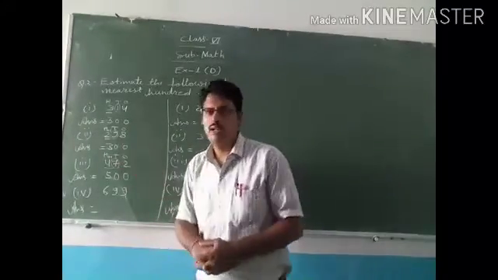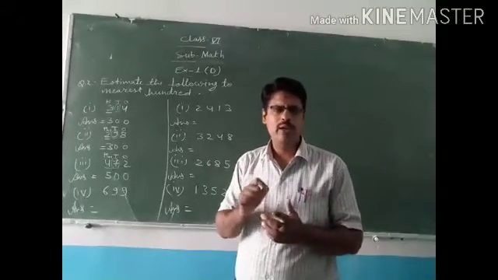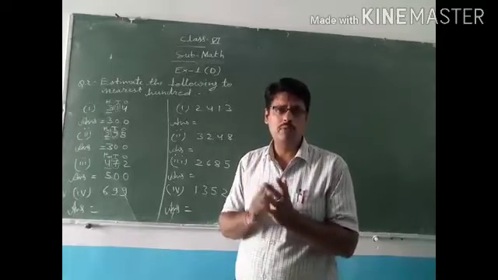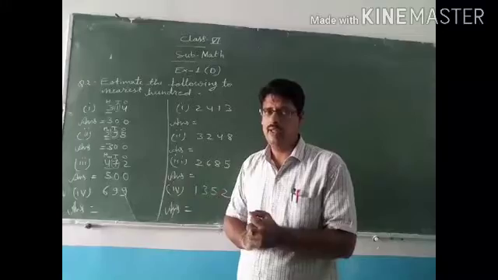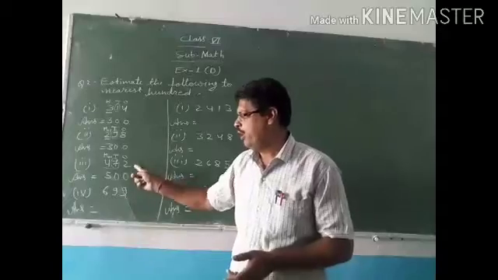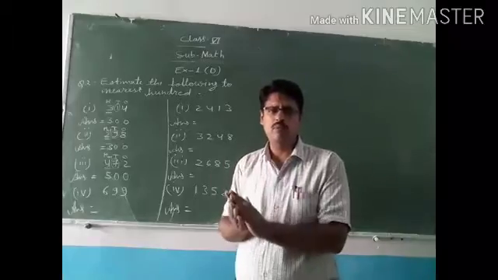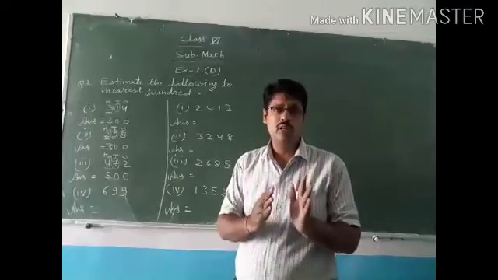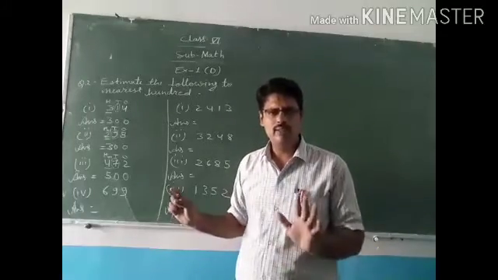Now 298. 298 comes in between 200 and 300. 298 किसके बीच में आता है? 200 और 300 के बीच में. हम 100 प्लेस की बात कर रहे हैं, so it comes between 200 and 300. तो अब ये किसके ज्यादा nearest होगा, 200 के या 300 के? It will be nearest to 300. That's why here 300. 472 comes between 400 and 500. So it is nearest to which number, 400 or 500? Naturally 472 is nearest to 500. That's why we have written 500 here. This is the logic behind it.